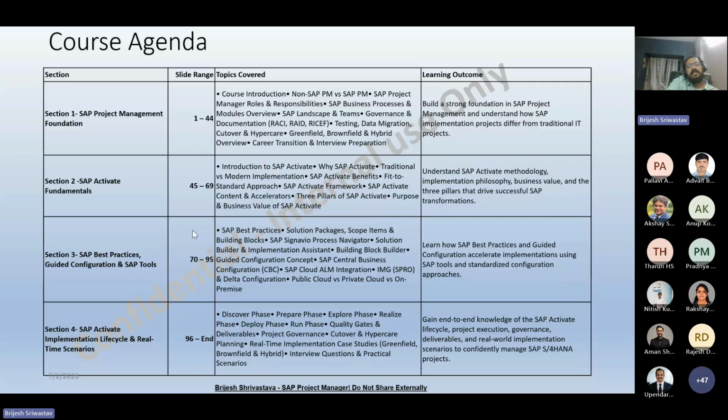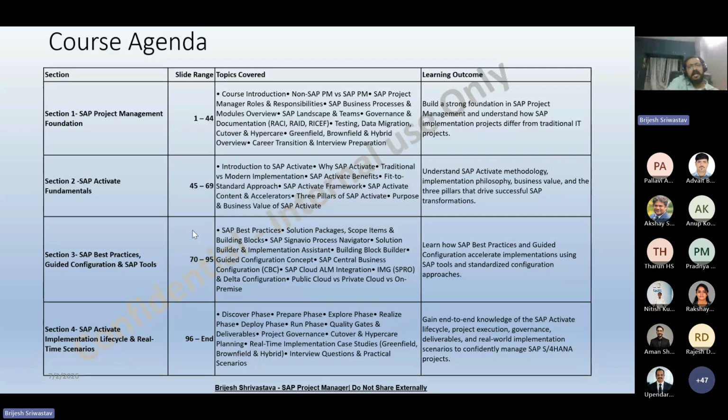We will also cover SAP project governance, implementation documentation, SAP team, business process, testing, data migration, cutover, hypercare, and the overall responsibility of an SAP project manager. This section will also help everyone to get onto the same page before we move into SAP Activate.